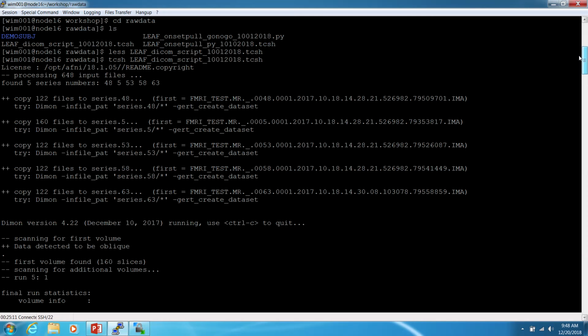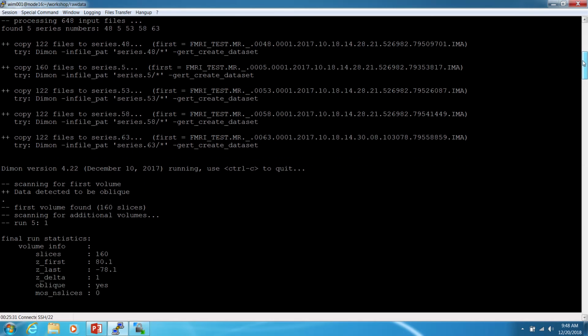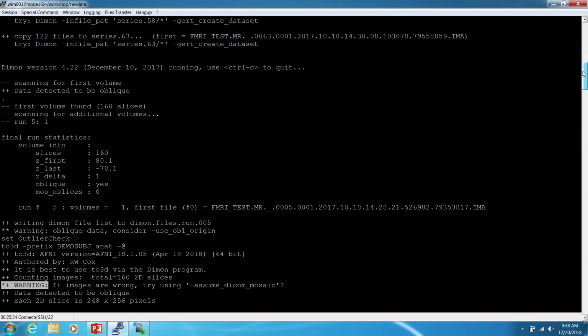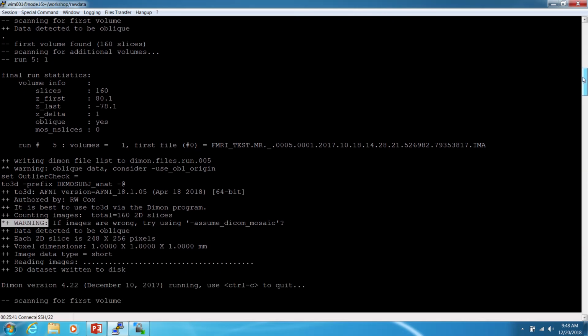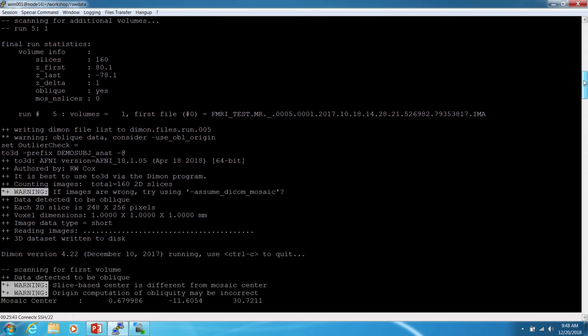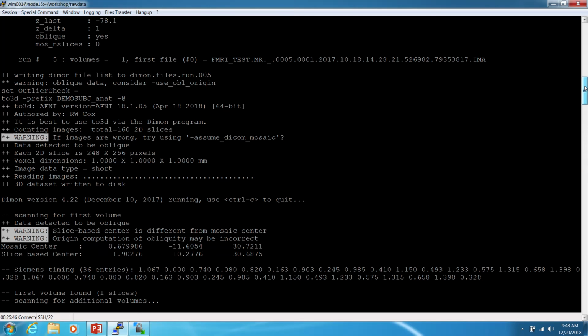Now, if I had raw information from the scanner and I didn't pick out these series numbers, you would get 1, 2, 3, 4, 5, 6, 7, all the way to 63. And when it does that, it would give you a report about which of those folders has real imaging data in it and which is stats files. Okay. So then it takes a look at the very first volume that happens in your data. And it'll give you a report about how many slices there are,